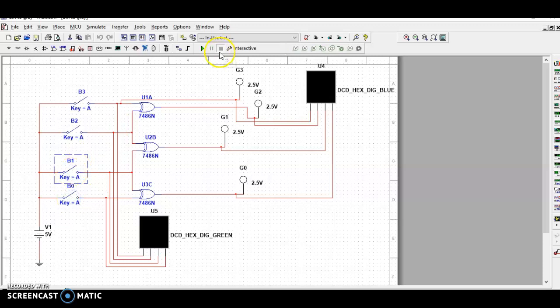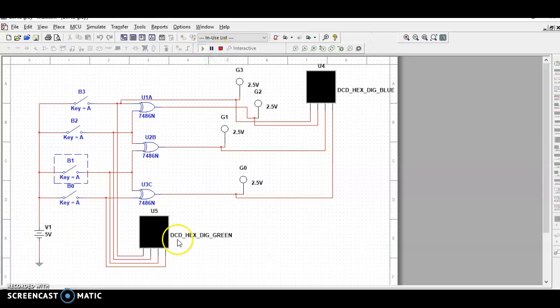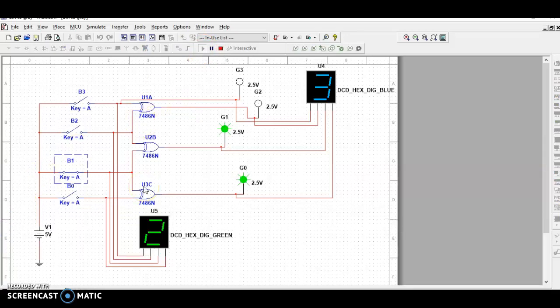Suppose I am giving a value of 0 on the input side, I got an output of 0. Suppose I am giving an input value of 2, we got an output of 3. Suppose I am giving an input value of 7, we got an output of 4.